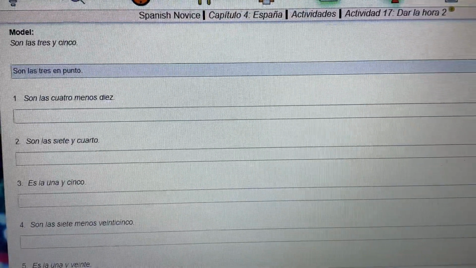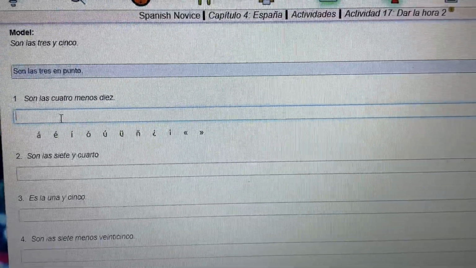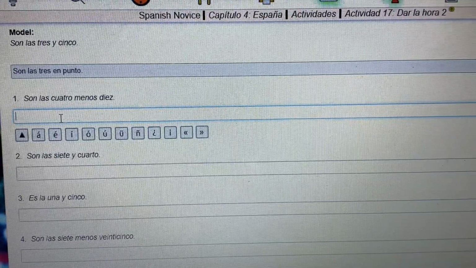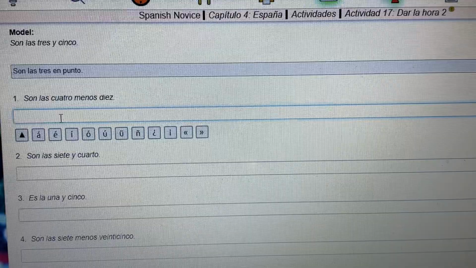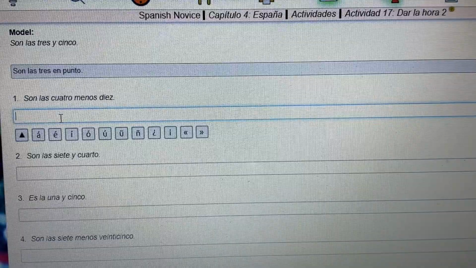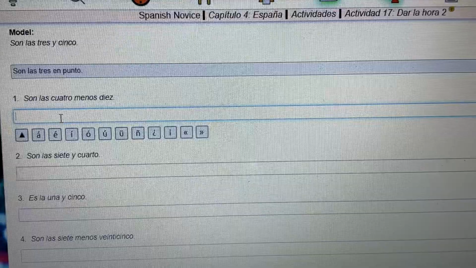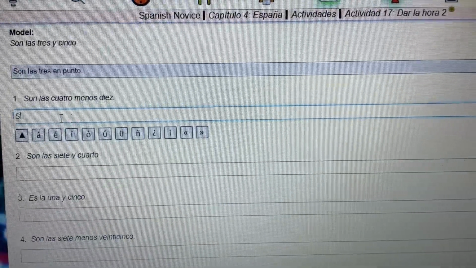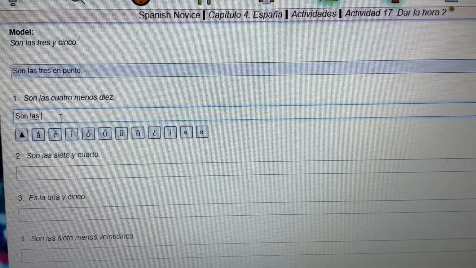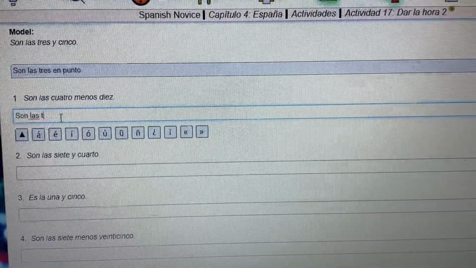Okay, so for number one, we have son las 4:10. So remember, when we have menos and we're trying to figure out what time it is, we have to subtract an hour. So son las 4:10 is saying that it is 3:50. If we take 5 minutes away from 3:50, we have 3:45. That's a special circumstance. Remember 00, 15, 30, and 45 would use words as opposed to numbers. So our answer would be... oh, excuse me. Since it's 45, it would still be son las